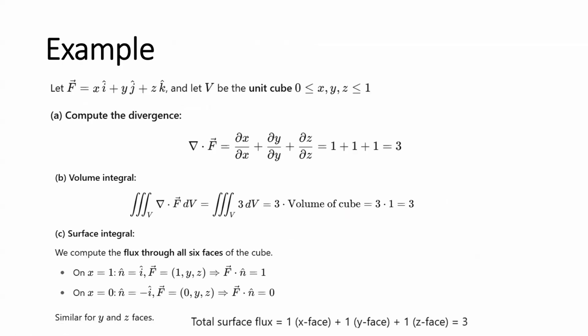Next, coming to the example. Examples are important for gaining conceptualization of the mathematical statement given at the start. F is given by F equals xi plus yj plus zk, and V is a unit cube where x, y, z lie between 0 and 1. So it is a unit cube with all its vertices